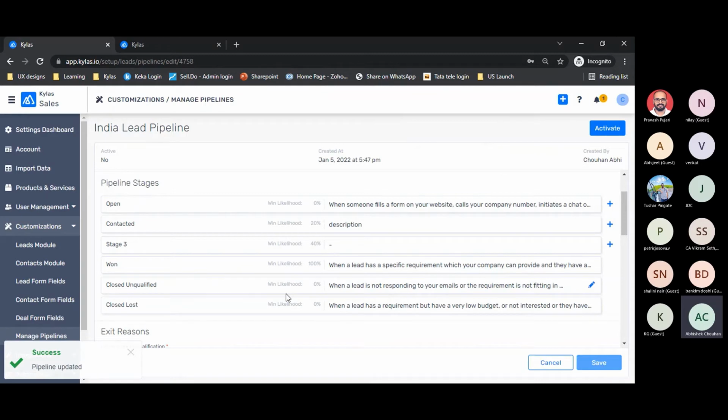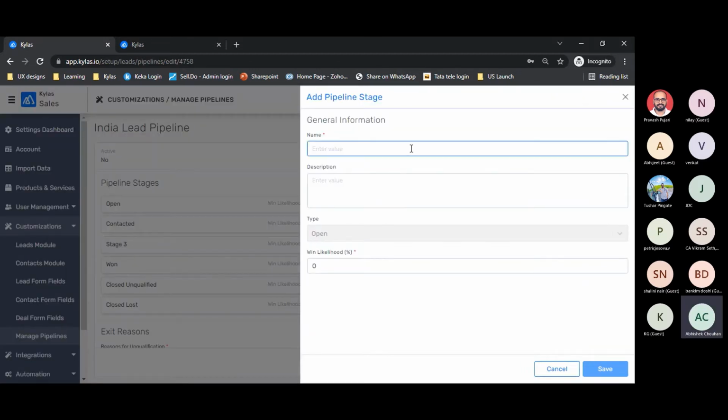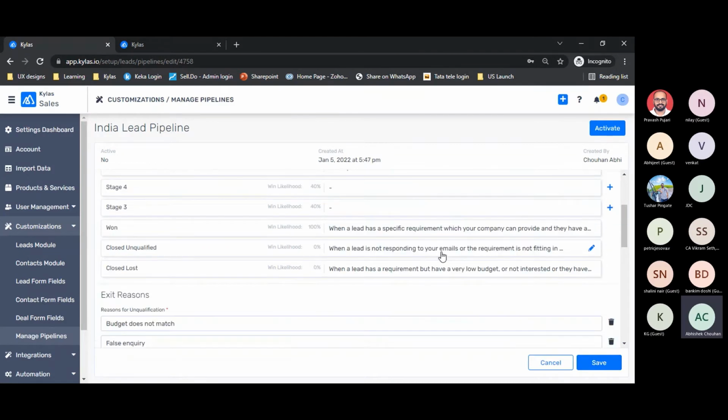Now over a period of time, if your sales users come back to you and say, okay, apart from these stages, we follow a few more steps in order to convert a customer, and that should also be marked as a stage in the pipeline in Kela. So you can very well go ahead and add a new stage at any given point of time. So there is a stage 4, for example, and I can save this. I can keep on adding more stages in the pipeline and save this.